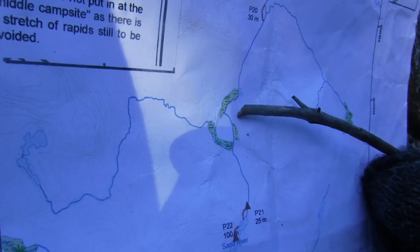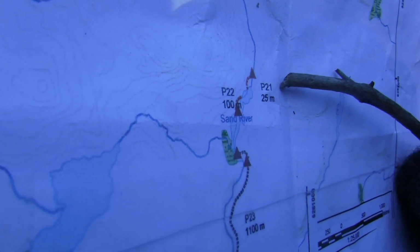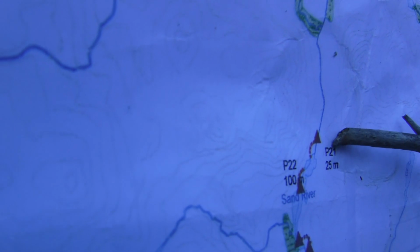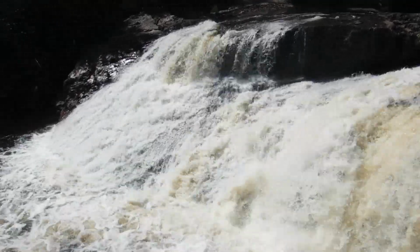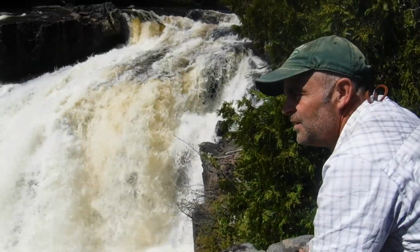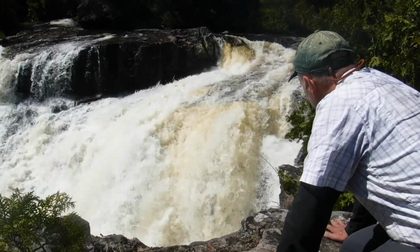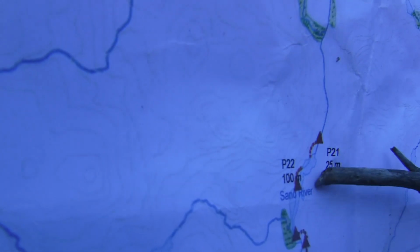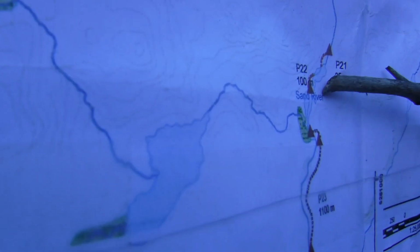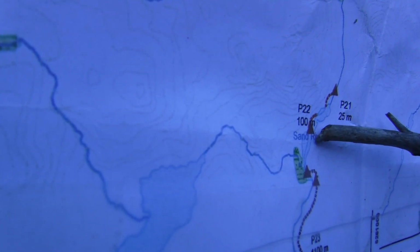Continued on down between two beautiful tall mountains, and this portage 21 is unrunnable. Some beautiful falls. Grassy field, back in, down a small lake, and 100-meter portage on the right, which was an easy portage, quite horizontal, ending in a very sandy beach, slightly closed-in